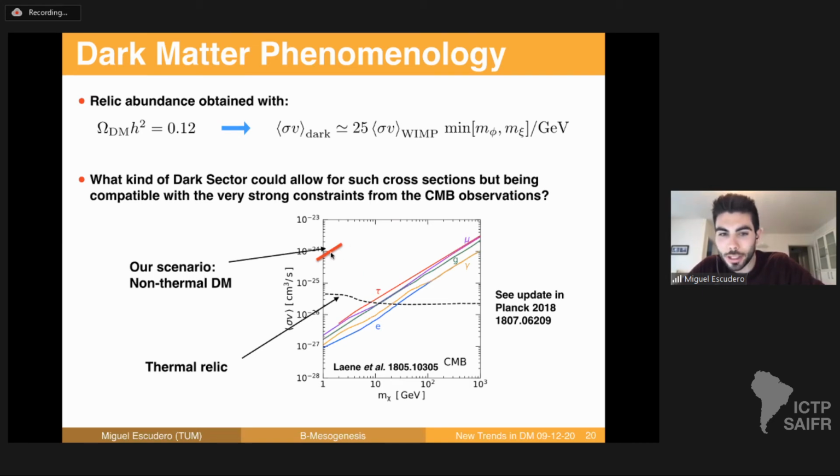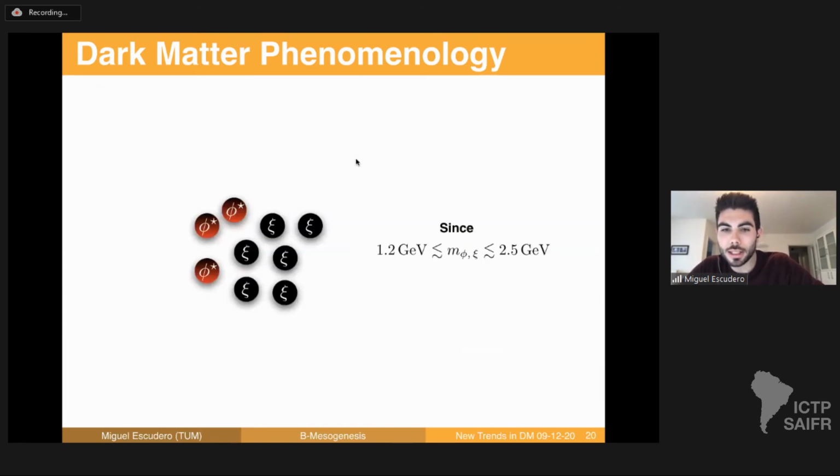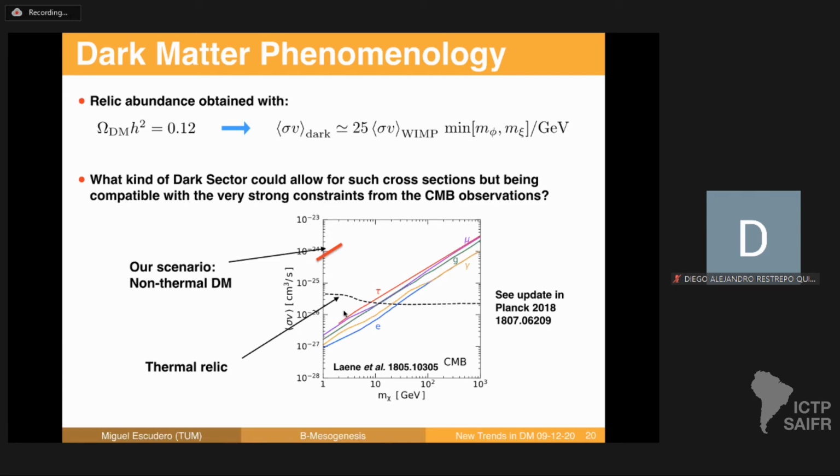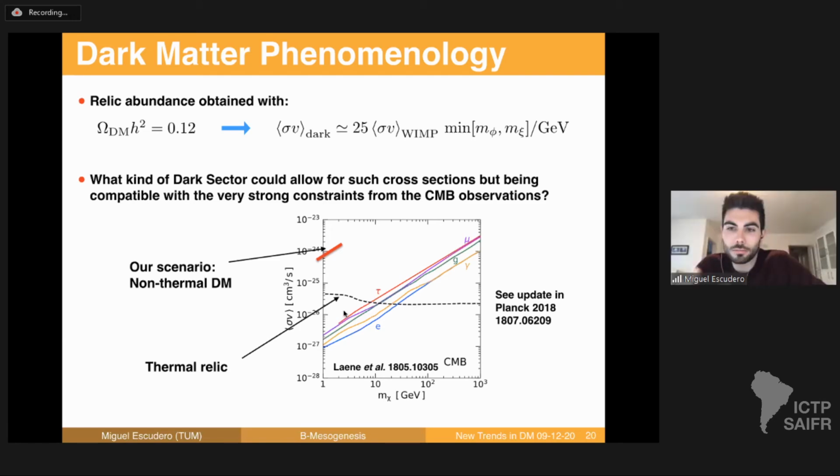Yes, so if you annihilate into BB bar, you're screwed. If one of these states annihilates into BB bar with this cross section, the mechanism doesn't work, and then you need to do something, right? And I don't think it can be to BB bar because the masses are below the B quark threshold, right? You need a dark matter mass that is above 5 GeV. But in any case, any other standard model final state that is not neutrinos will be spoiled if the annihilation